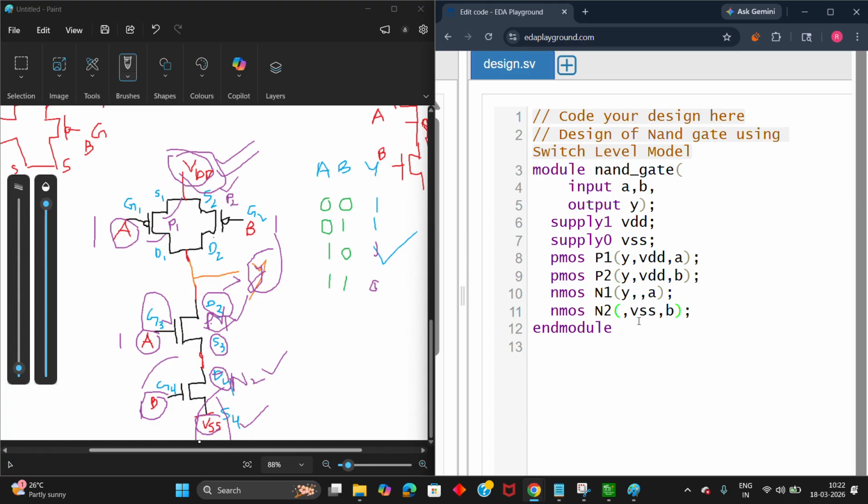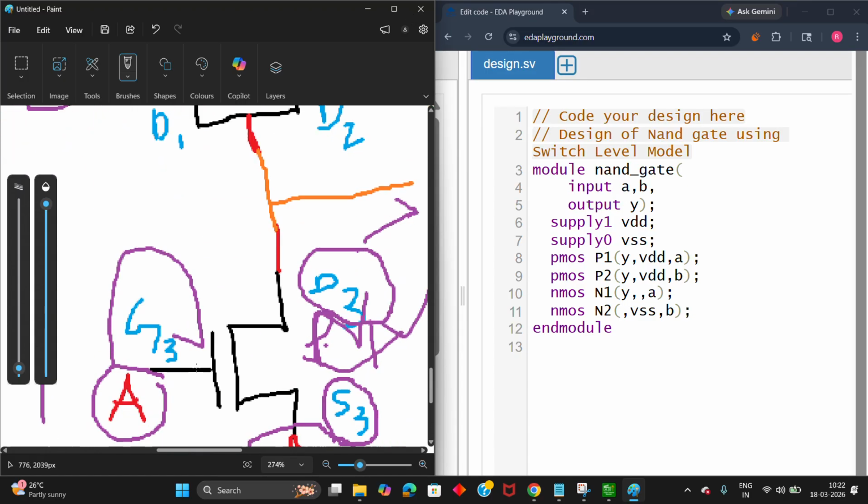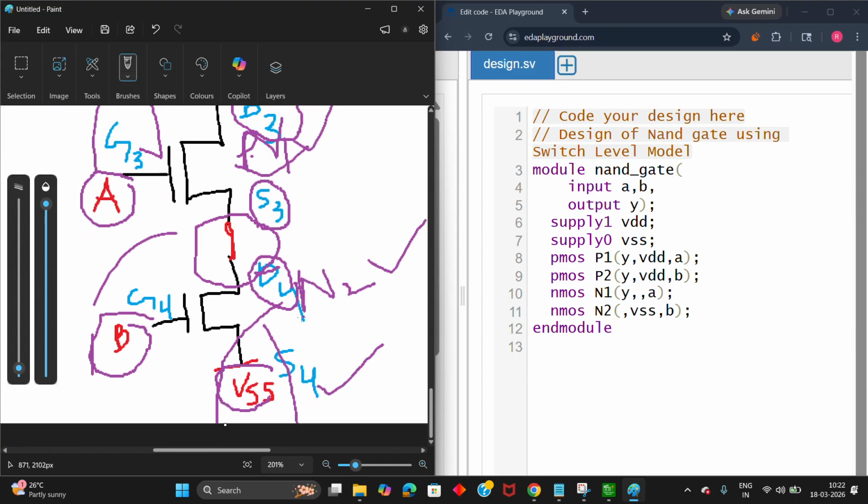Now we are left with one value, that is this region. Let me highlight it with another color, or let me zoom in. So now we are left with this particular region. The source terminal of N1 and the drain terminal of N2 are connected, but what value do you need to give in that place? The source terminal of N1 is left empty, and